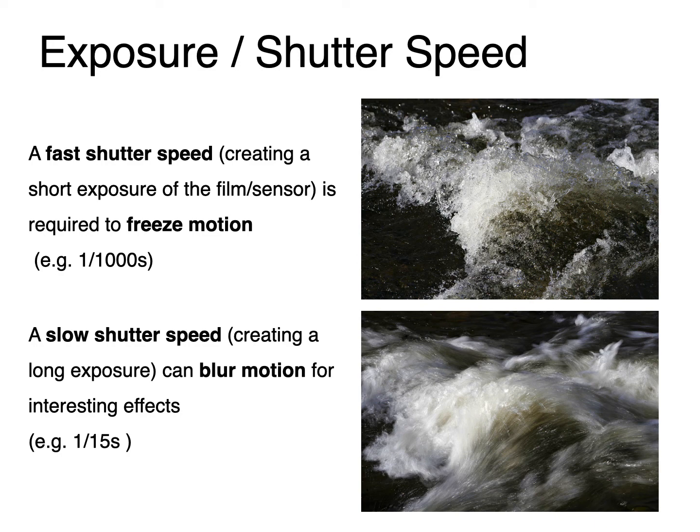A slow shutter speed which creates a long exposure can blur motion for interesting effect, as you can see in the picture below. For example, if you are in sports, a cycle race or any sort of race, or any activity involving motion, if you want to capture or freeze the motion, you can go with the fast shutter speed. If you want some interesting effects, the slow shutter speed will give you the blur motion,